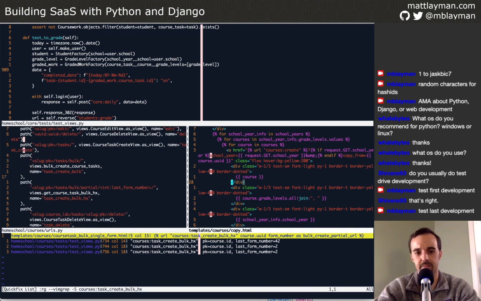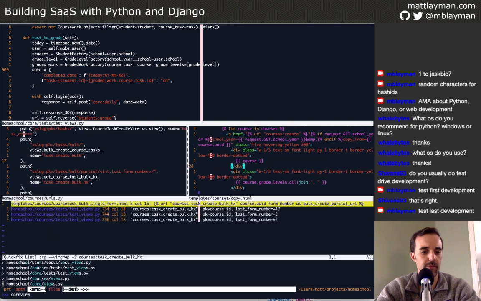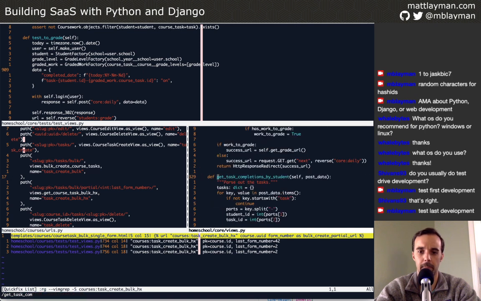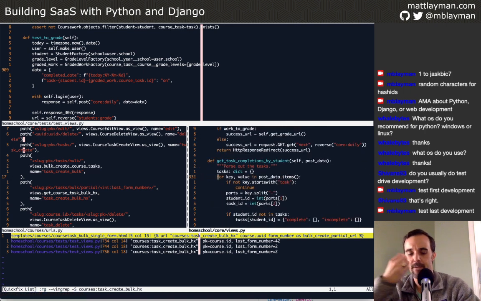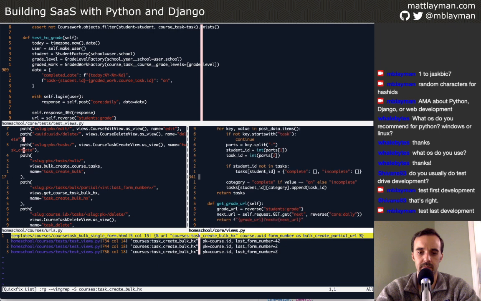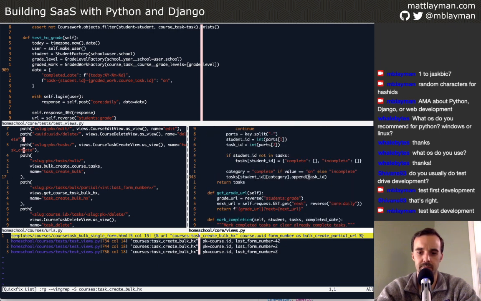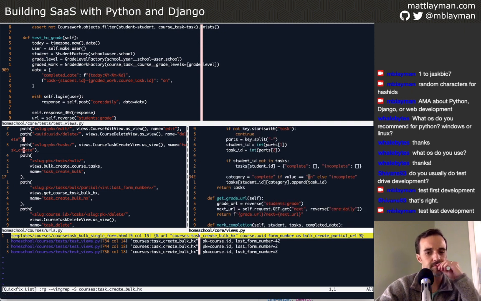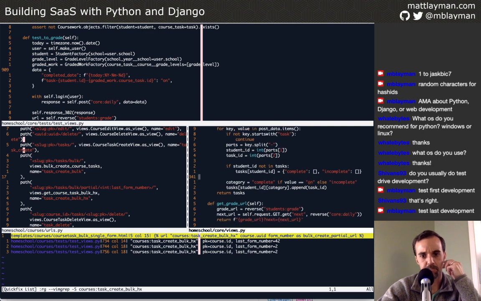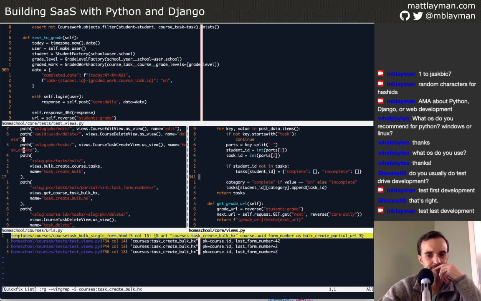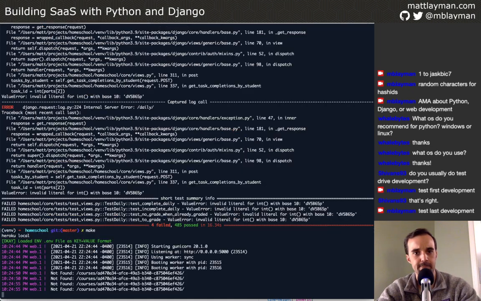I'm not sure why I parsed it. Maybe, no idea. Core views, get task completions by student. Here we are. Let's see if I can make sense of these IDs being integers. So I think I want to check